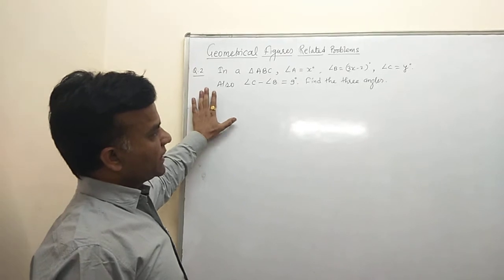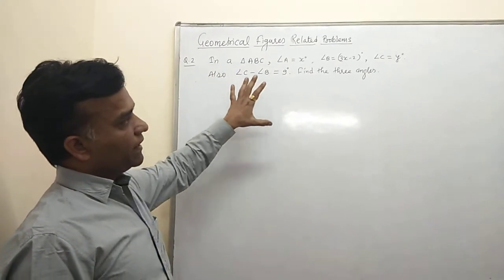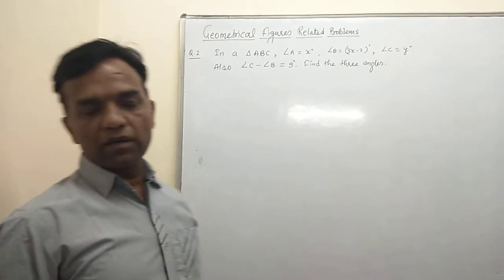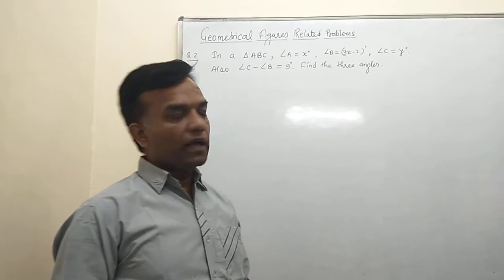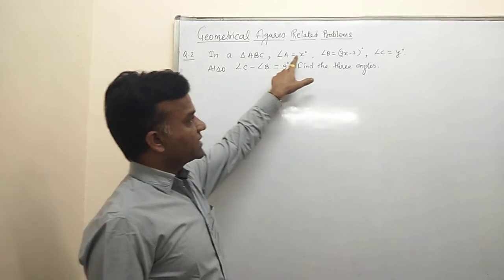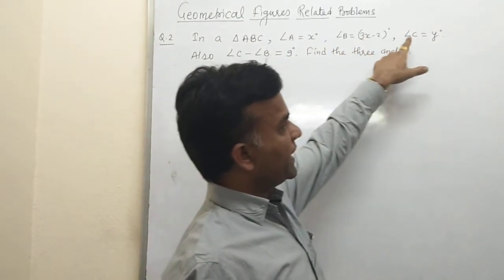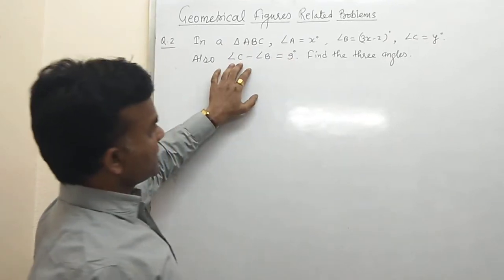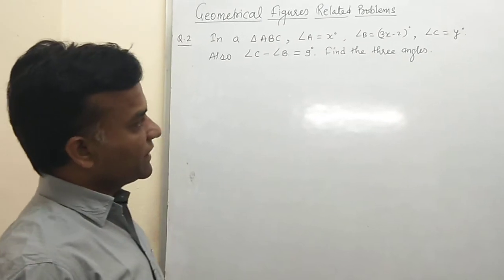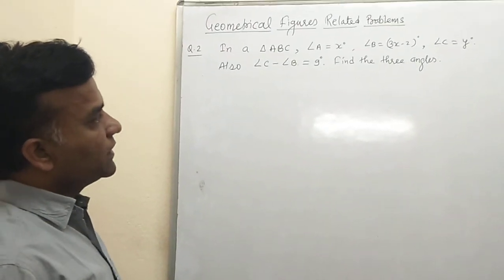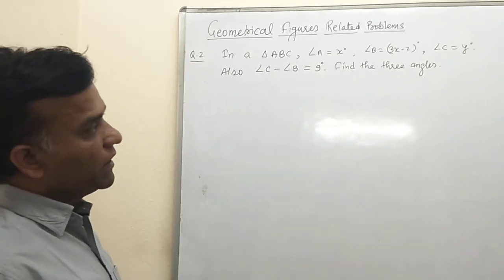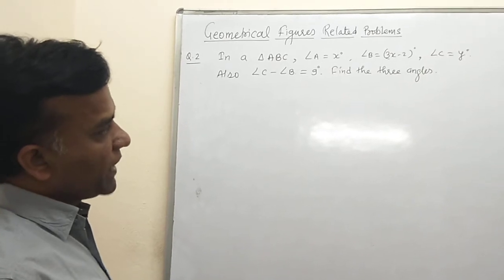Now this example is related with the triangle because here we discuss about angle A, angle B and angle C, and now one condition is given here because before this, that video was related with the rectangle, and now this question is related with the triangle. So here, in the triangle angle A is x degree, angle B is 3x minus 2 degree and angle C is y degree, and one condition is given: angle C minus angle B is 9 degree, find the three angles. So only one condition is given, then the second condition you adapt because we know that the sum of angles in a triangle is 180 degrees. So one condition is given, the other you know, and then you make the two equations.